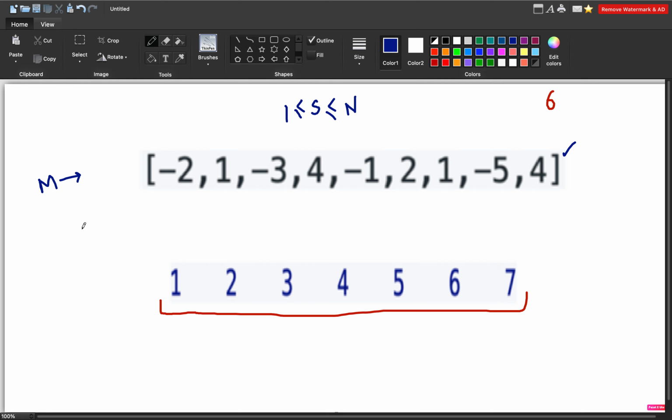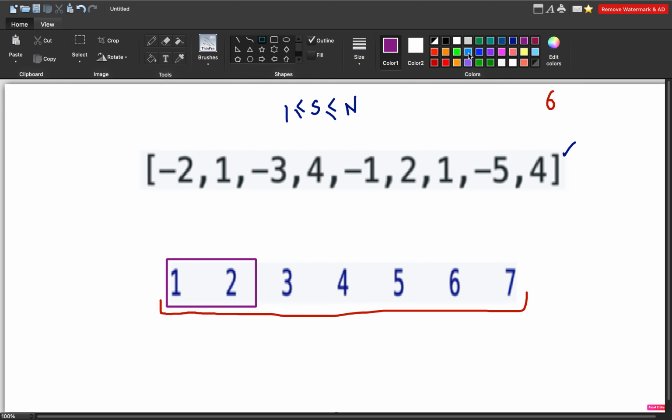At the end we will return this m, so this will be the answer. But how can we achieve this? There is the sliding window concept we can use, and I will explain what it is. For example, if the size of the window is 2, this is the window, and the total sum of this window will be 3.